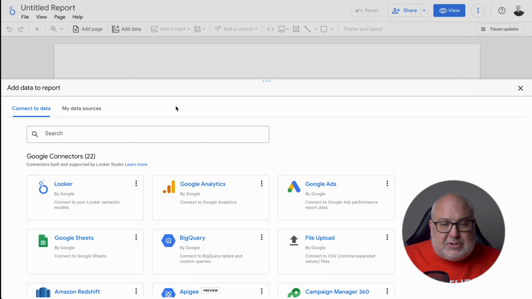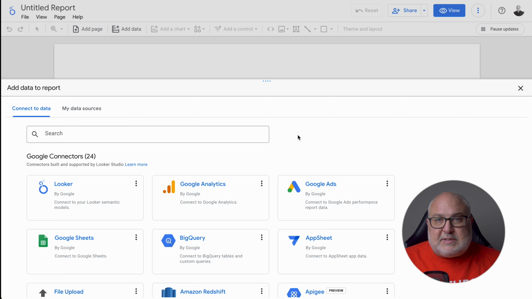Now, before you dive into creating a dashboard, you're going to need to understand what are the things that you want to show people. So like I said, there were certain things from the basic reporting in Google Analytics 4 that you might want to show your executive team. There's going to be data that the marketing team is interested in. There's going to be data that your merchandisers are going to be interested in. And so plan ahead for how you want to structure the report. One of the things that we recommend doing is just sitting down with a pencil and paper and kind of sketching it out and figuring out what are those data points that you've had requested from you, what are the things that would be important for people to see,